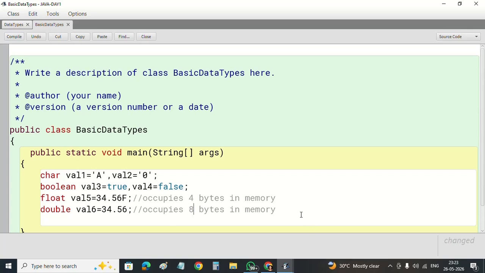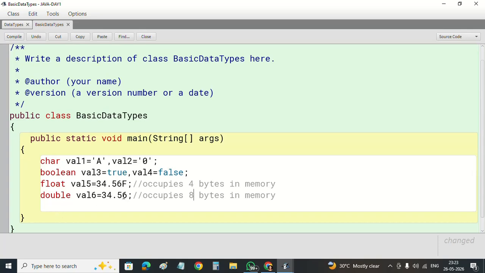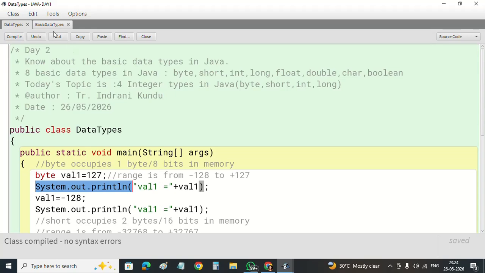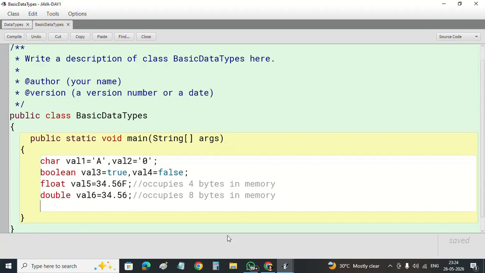Positive and negative sign also you can store, means any value without any sign will be considered as positive, and if you want to store a negative value in float or double, we can easily add a negative sign in front of the number. Now I am printing the value of the variable, just copying the code from here, System.out.println. Println is a function for displaying value on the monitor. So I am displaying val1,